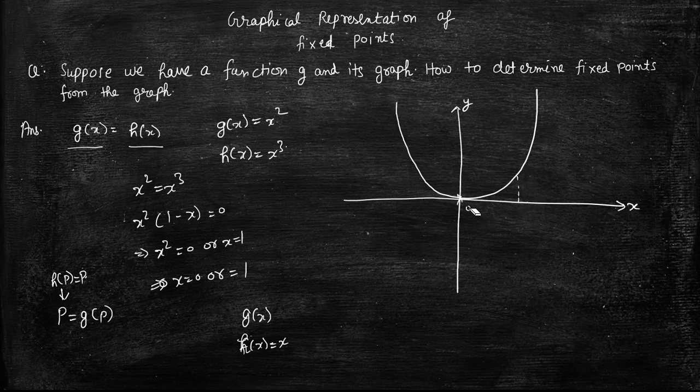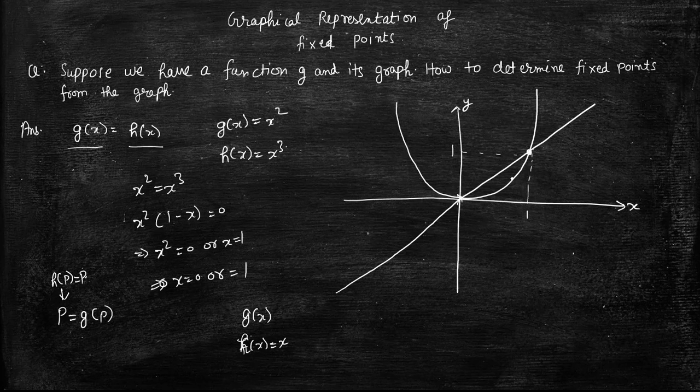It doesn't matter. So for g(x) is equal to x square, we know that f(x) is equal to x will be a straight line passing through the origin with a slope of 1, where 1 is tan 45. Then we have 1 here and we have 1 here. Simply at this point, whenever this line f(x) is equal to x cuts the graph g, there x will be equal to g(x). So graphically, the solution of x equal to g(x) means the points where the straight line f(x) is equal to x cuts the graph g(x).